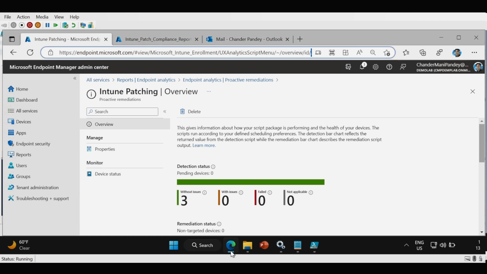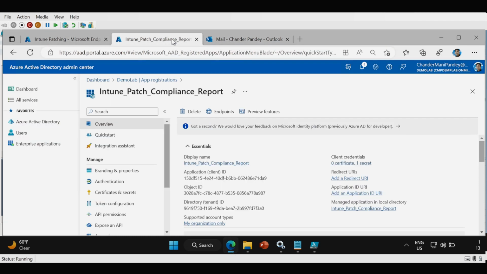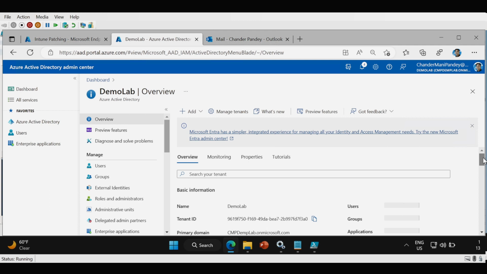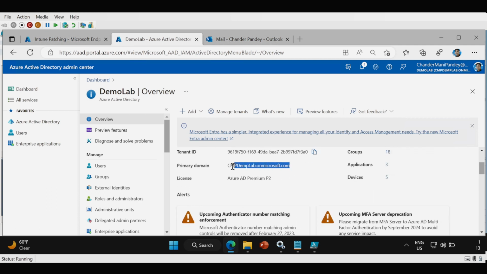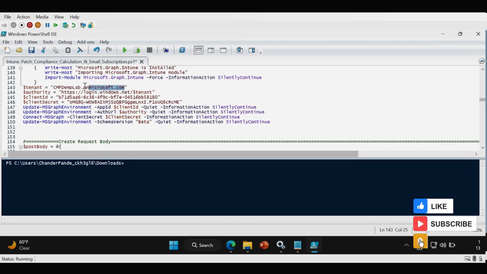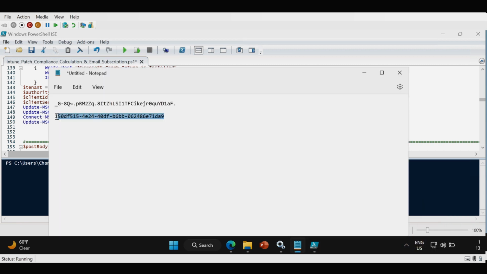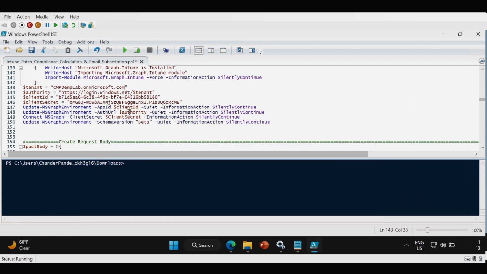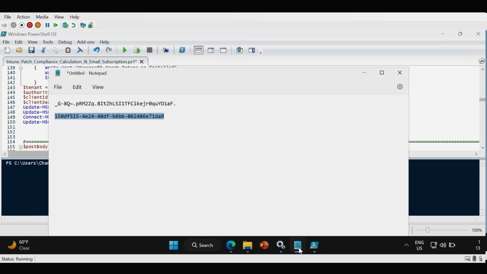To find the tenant name, we have to go to the Azure portal, and within the Azure portal we have to go to the Active Directory overview, and this is the tenant name, the primary domain. We have to copy it and update the same thing here, and then provide the client ID. This is my client ID, and then we have to provide the client secret. So this is my client secret,